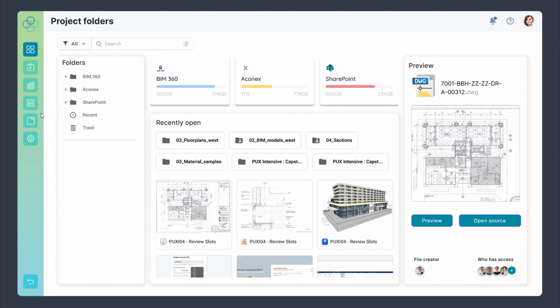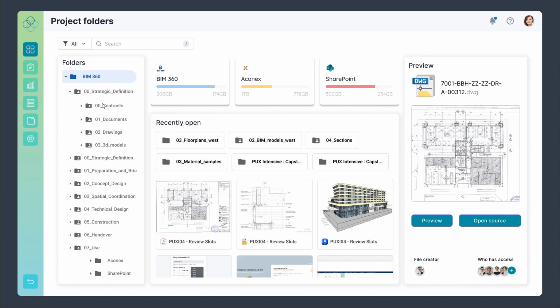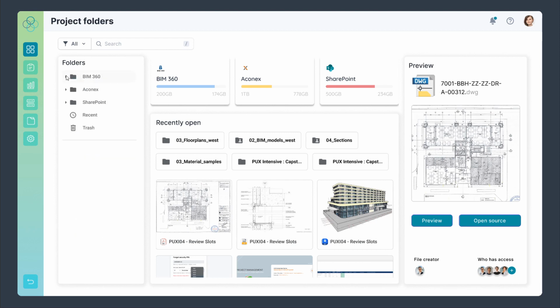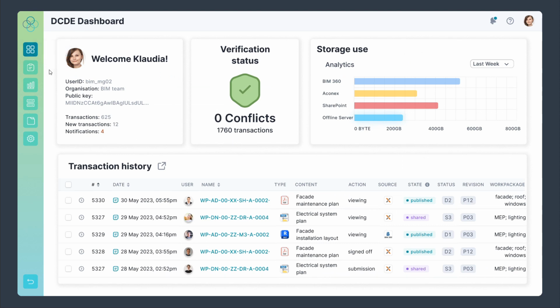The last tab is showing a basic view similar to tools like SharePoint or Google Drive, where we can see the structure of all of the files, and we can browse the files manually. And that's it for what the tool can do, and you're welcome to test it by yourself.